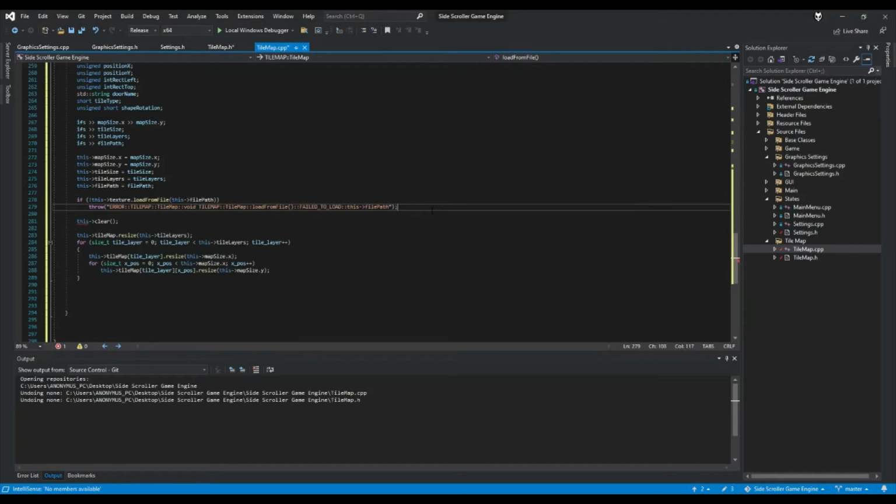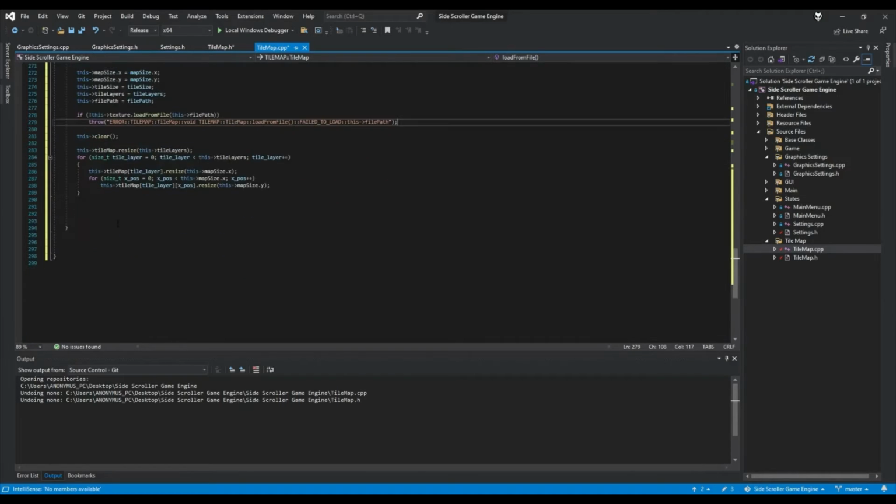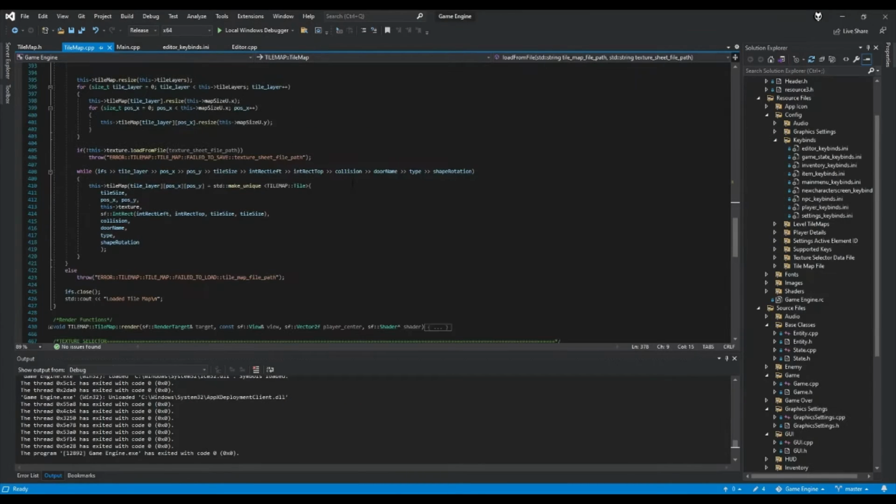Okay, that will be our little thing to make sure that we've loaded the file by this point. All right, and then after we're done with that, we're going to clear. We're going to do this, all right, and then while it's loading the rest of all this information, all right,